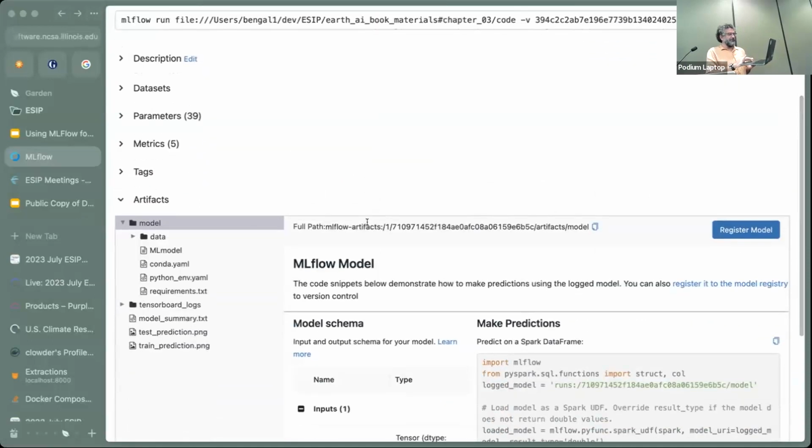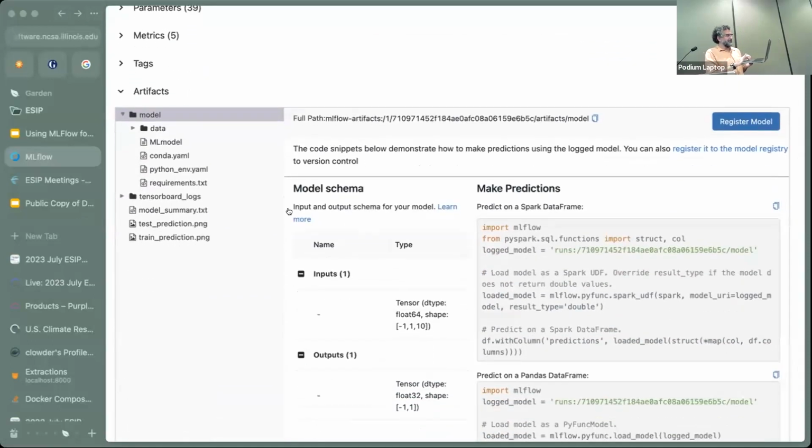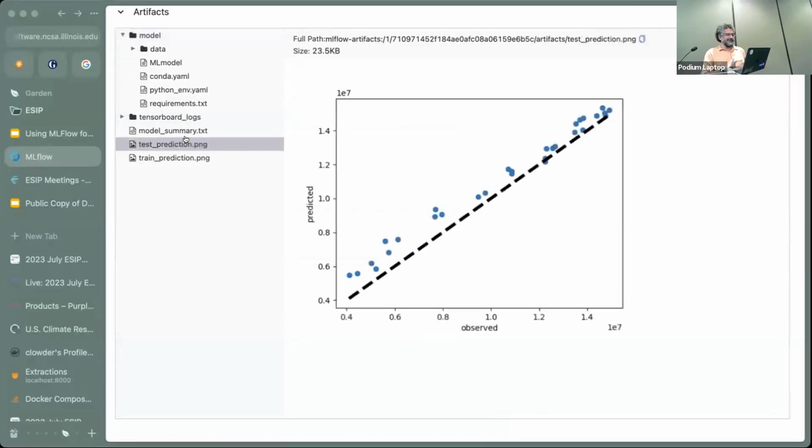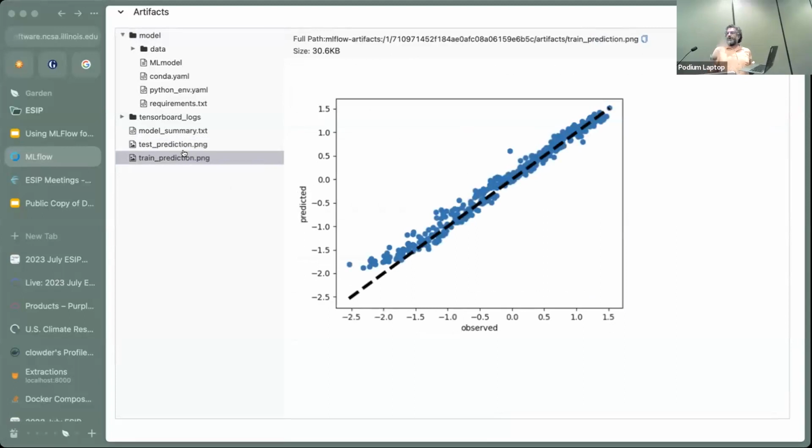And here's my model, and as promised, here's the model already pickled up here, and here's an example. If we want to use this model, I can download it from my repository and then just say loaded model.predict. And I didn't really understand this notebook well enough to figure out how to do this, but you can provide schemas for your model so everyone knows what parameters go into it. Also, I've taken my PNGs and uploaded all of those, so all that stuff is in there.